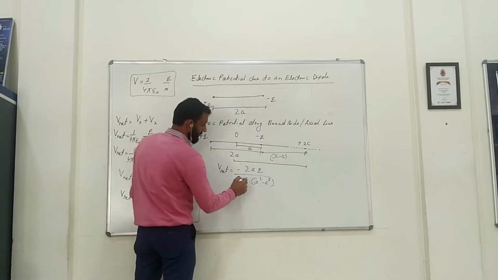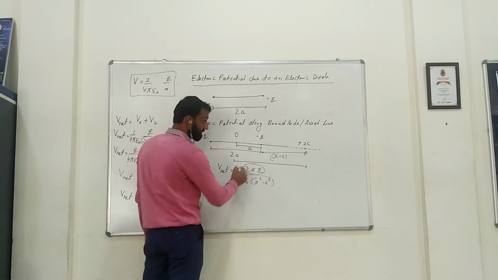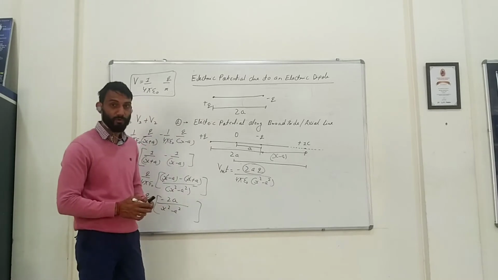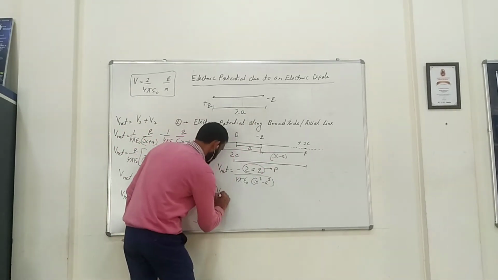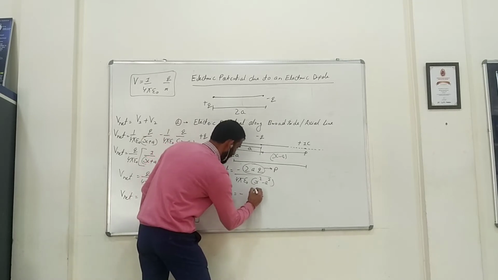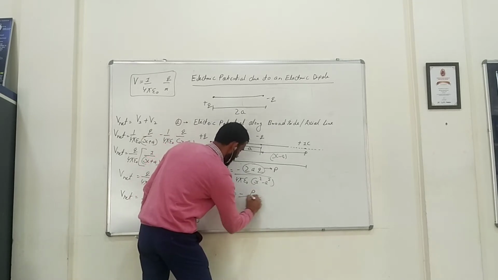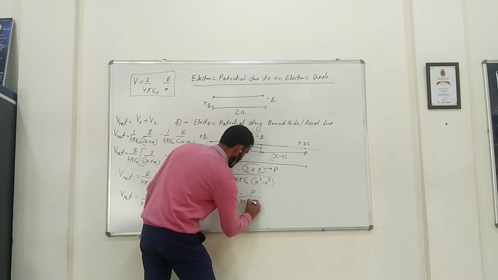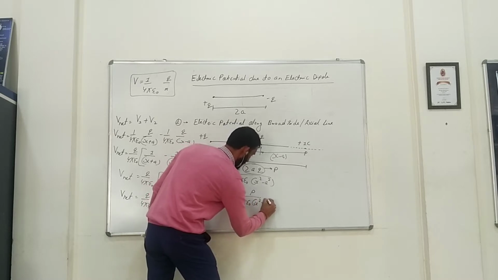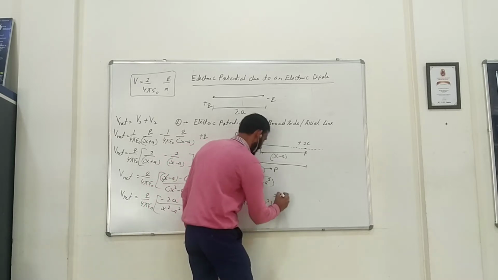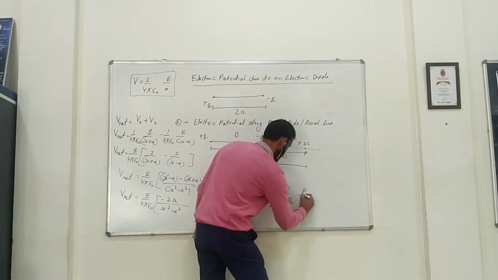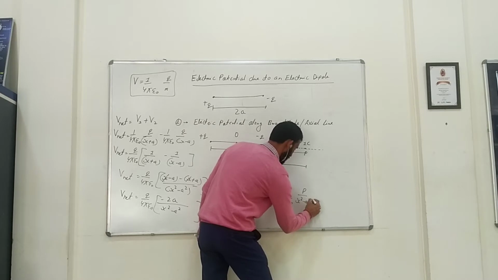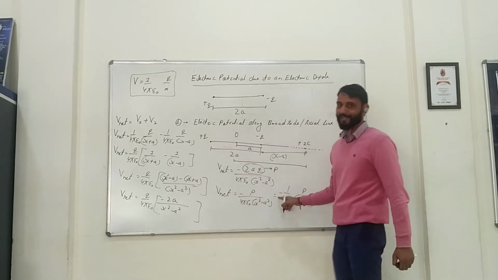Now guys, 2aq will become P, the electric dipole moment. So this will be P. So V net is equal to minus P upon 4 pi epsilon naught x square minus a square. If you write it, it will become minus 1 upon 4 pi epsilon naught P upon x square minus a square. Now this negative sign here indicates that